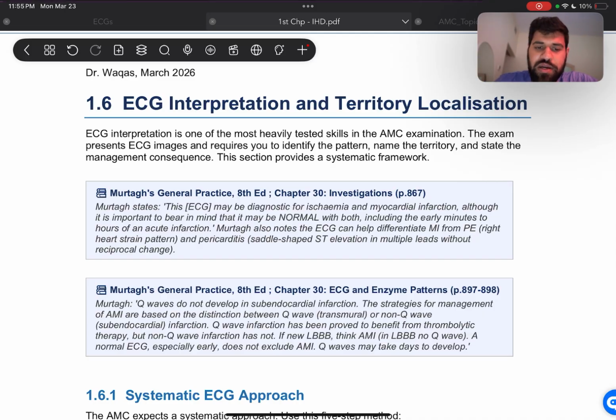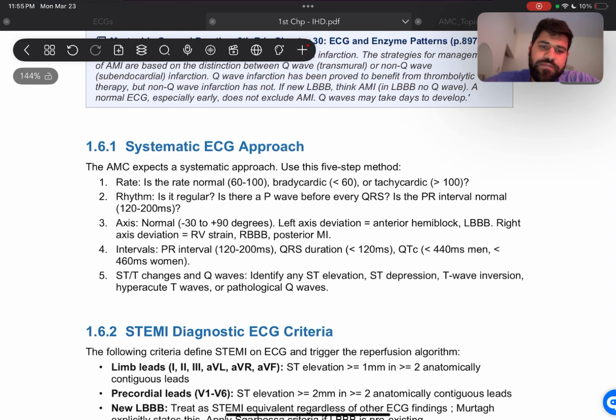A lot of the questions will come on this as well. They could give you an ECG and ask you what you think it is, which vessel is going to be the affected vessel, because first they used to ask which part of the heart, is it anterior, lateral, inferior, or posterior. But right now they've also started asking about the different vessels that are going to be affected. All right, so there's a 5-step approach to it. However, I will not be going over the different vessels that are affected. We'll be going over the different vessels in the next chapter, because it's more related to that chapter. However, we'll still be going over the basics of reading ECG.